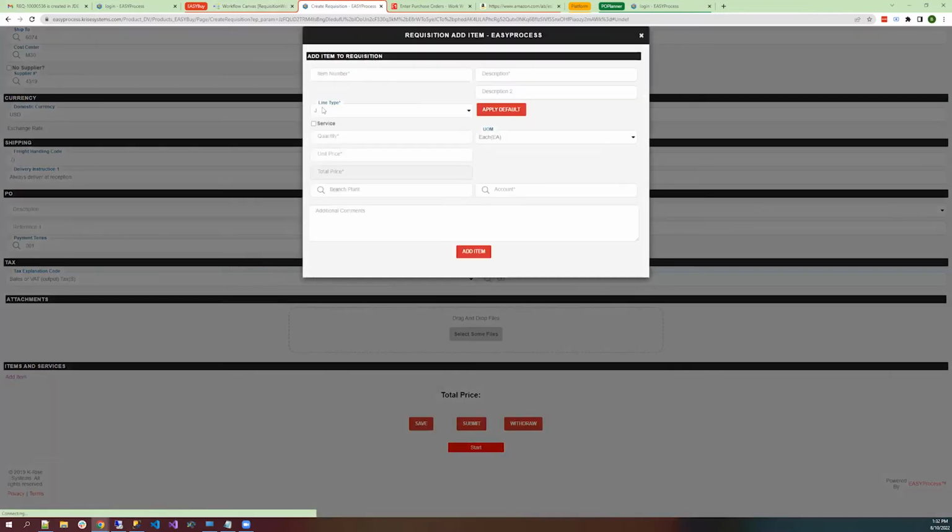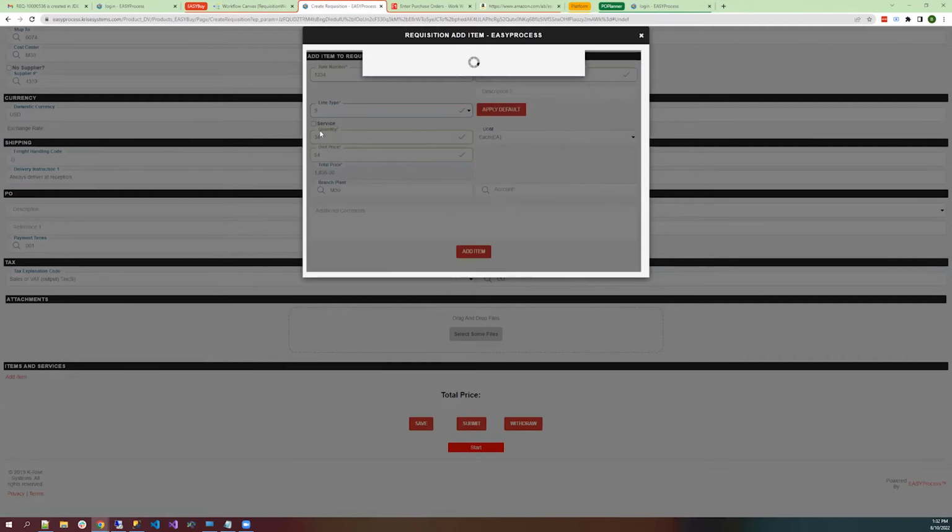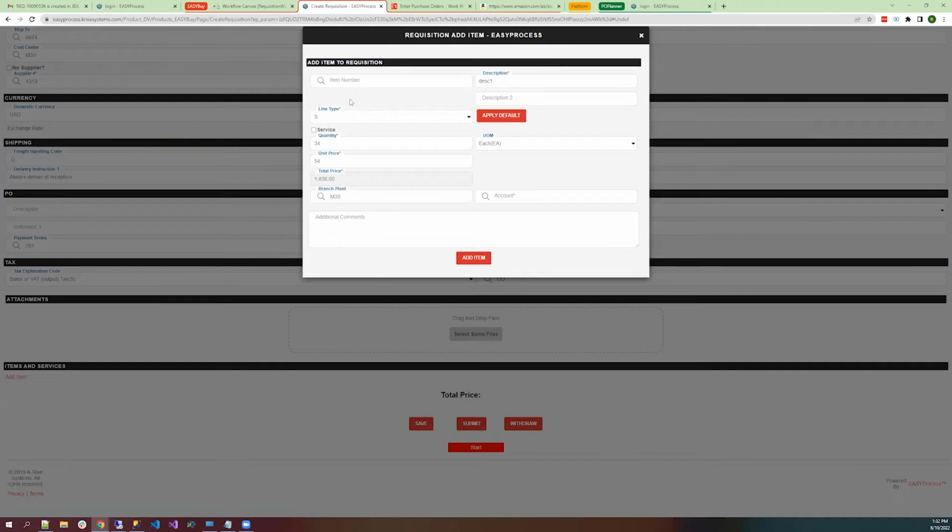So I'll go ahead and add an item. In this form, we can type in item number, some description, some quantity, some unit price. But there's also this line type drop down. We can change that from J to S, and that turns it into a stock item.